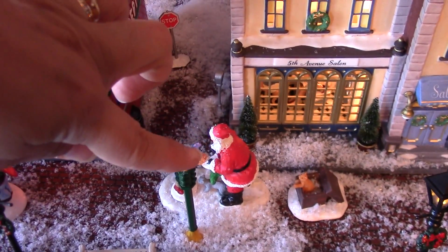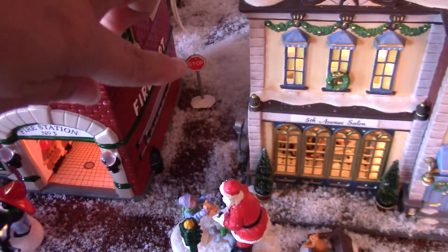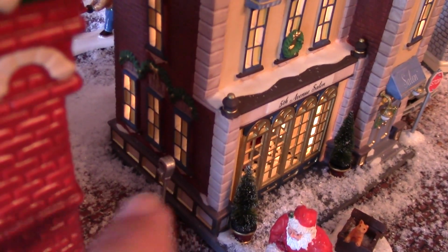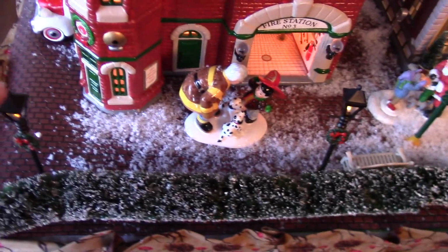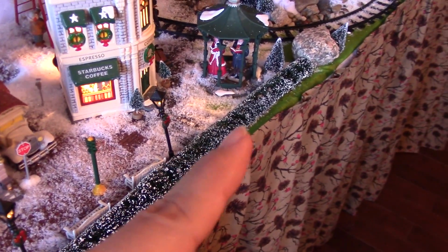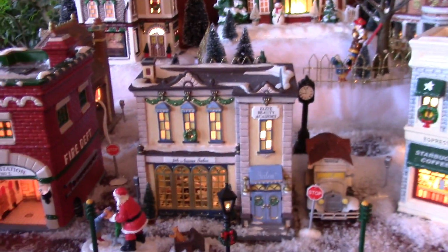And the street lights that I have are from Department 56. The set consists of these stop lights, some stop signs, and some parking meters. So there's one of them right there. And then these street lights right here are Lemax. And they just run the whole length of my city street. So this next building is also by Department 56,